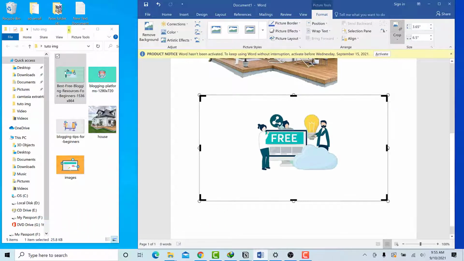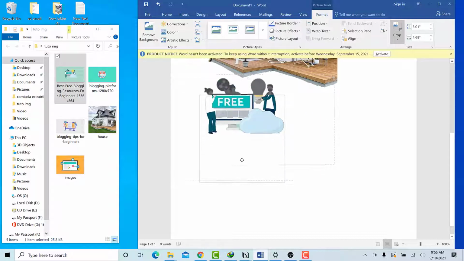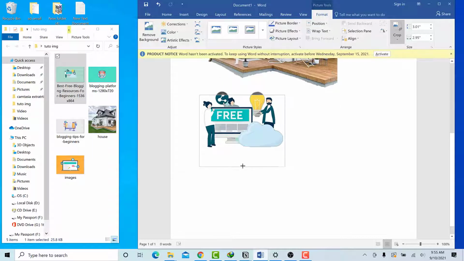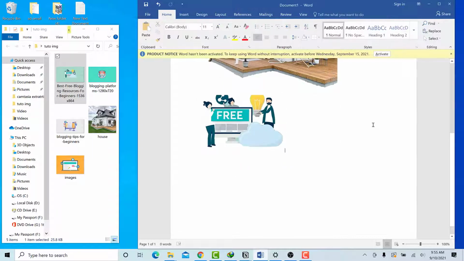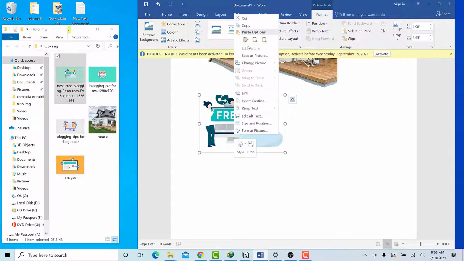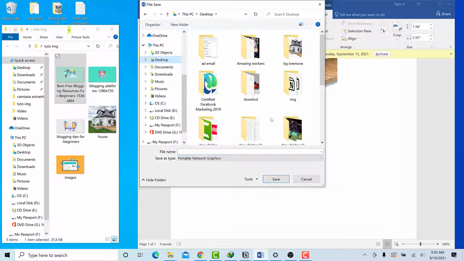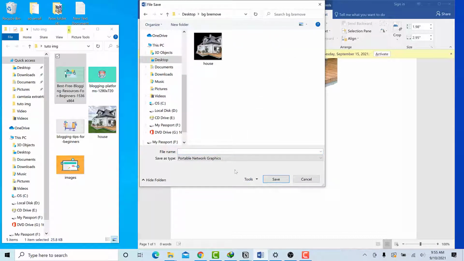You go like this and crop. That's it. After your cropping is done, you do the same, save as picture, desktop, BG remove and save.